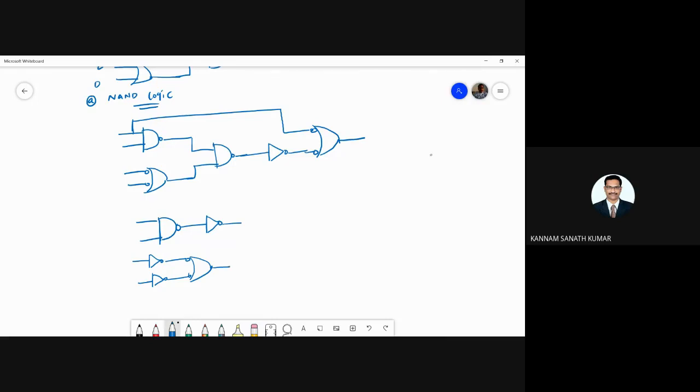Again it is given to the NAND gate. Again, you got the bubble at the output side of the AND gate, so you need to add an inverter. One more inverter is there. And next, one more inverter, and here also one more inverter. Why?